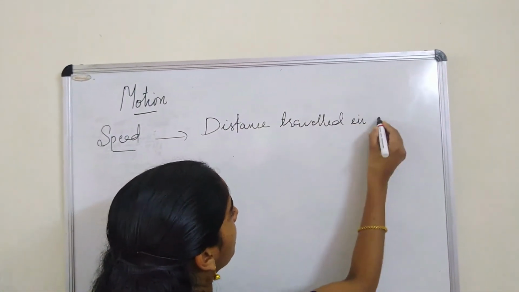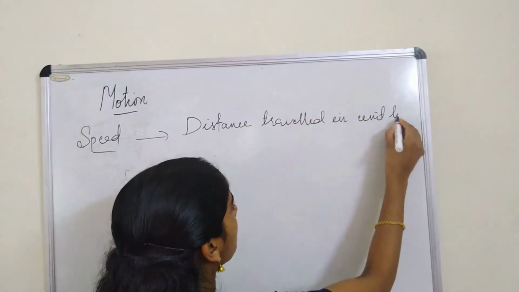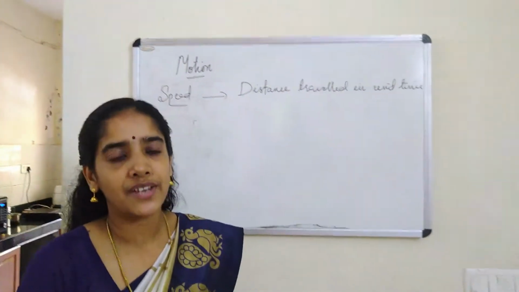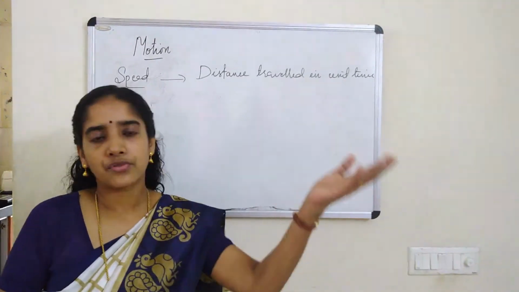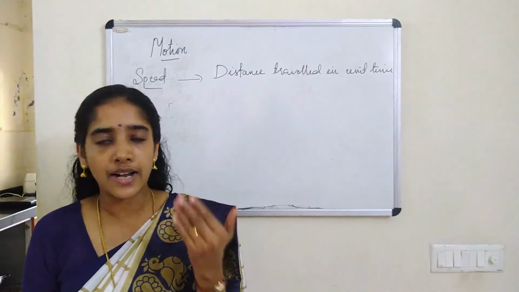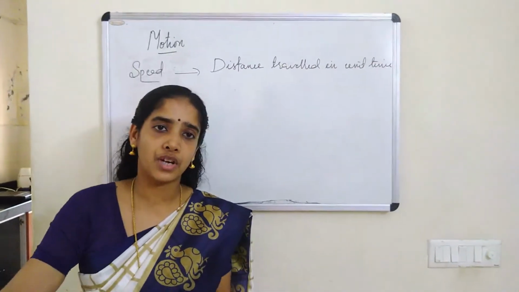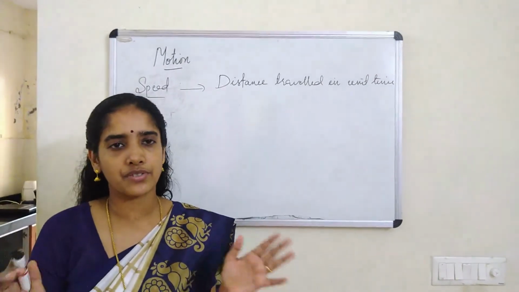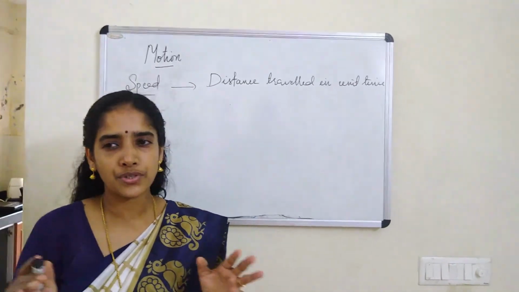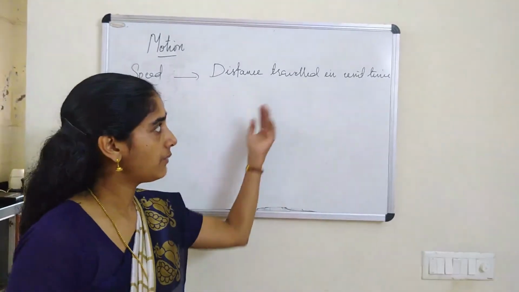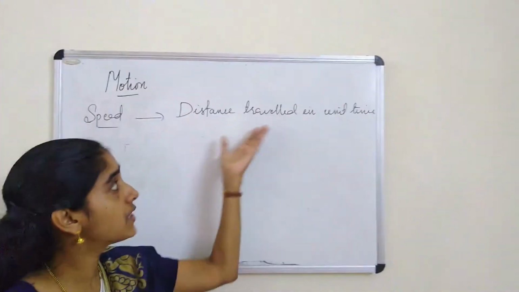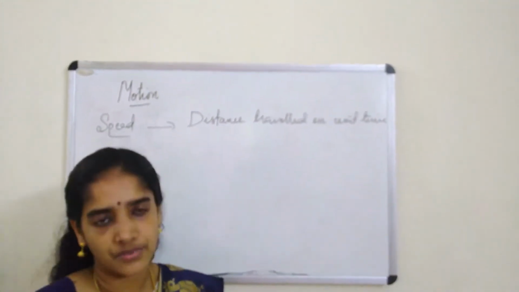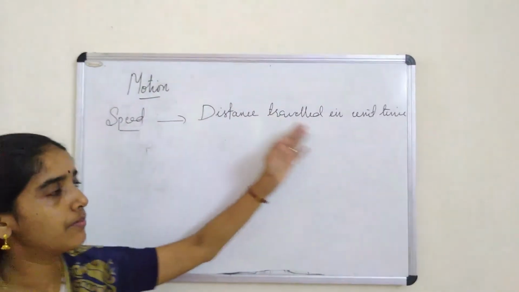in unit time. Why is it taken as unit time? Just for our convenience to understand it. Suppose I say a bus travelled 100 km in 3 hours, and another bus travelled 600 km in 5 hours. Which one travels faster, which one slower? It may be difficult for us to come to a conclusion. But if I make the time unit time, it is easy for us to make out which object travels fast or which object travels slow. That is why we made the definition like this.